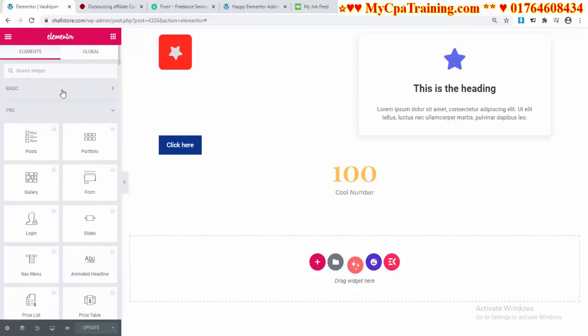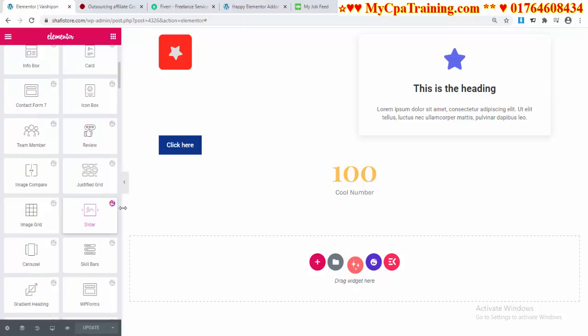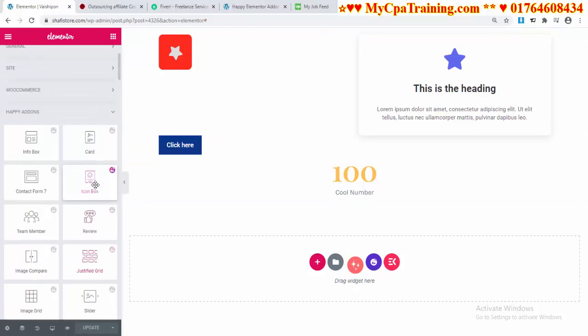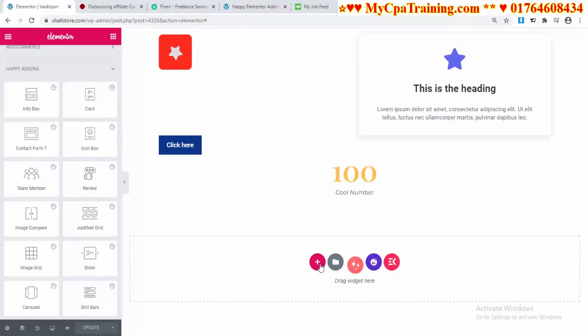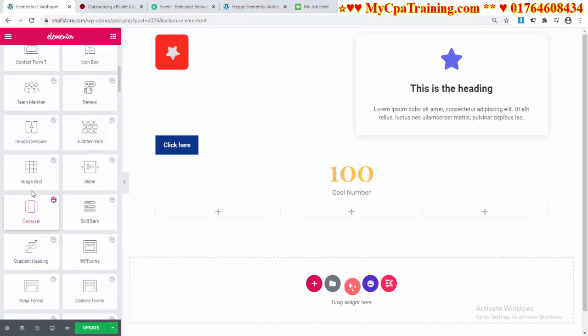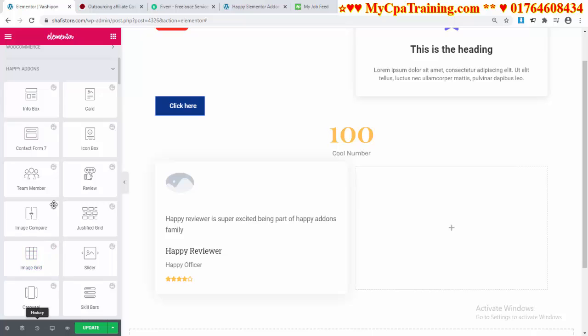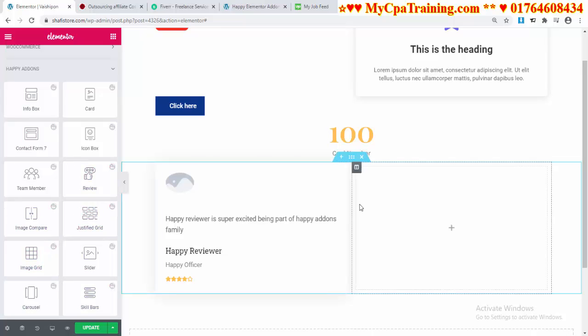I am minimizing the elements, and here is Happy Add-ons which we activated just now. Just let me show you. You will get a lot of pre-made designs with Happy Add-ons. Preview. With this plugin you will get a lot of pre-made elements you can use for your design.